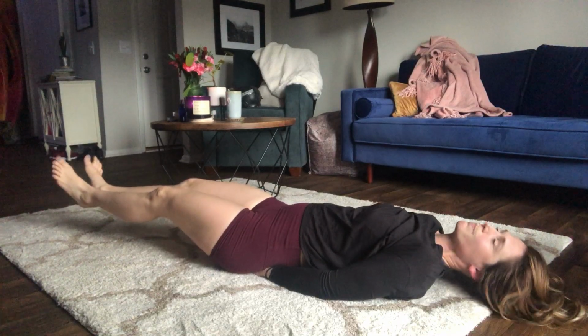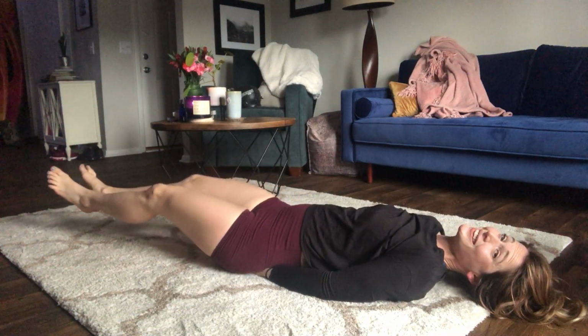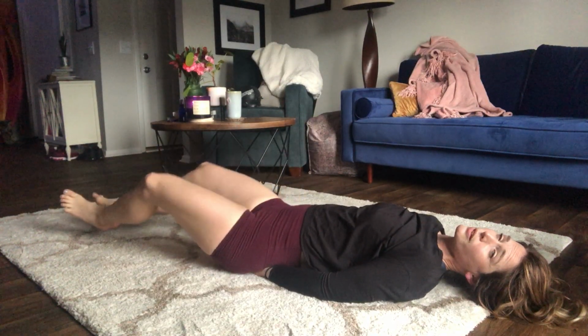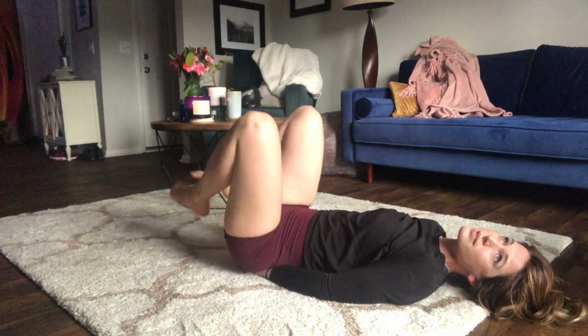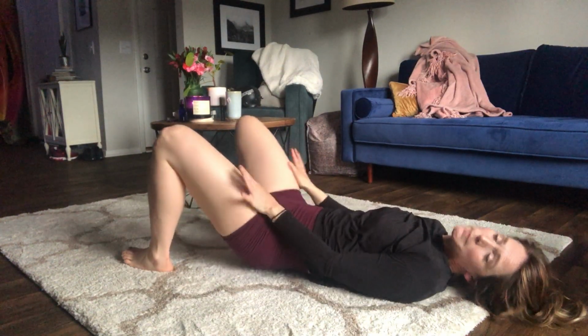Ooh. A couple more. And again, this is a good leg toner too. So if you do 3 or 4 rounds of this, rest, you will feel it in your inner thighs for sure. That is really a very good core workout, even though it's simple. Sometimes simple is a lot better than going ham. Again, if you slow it down, if you focus on form, if you focus on a few key